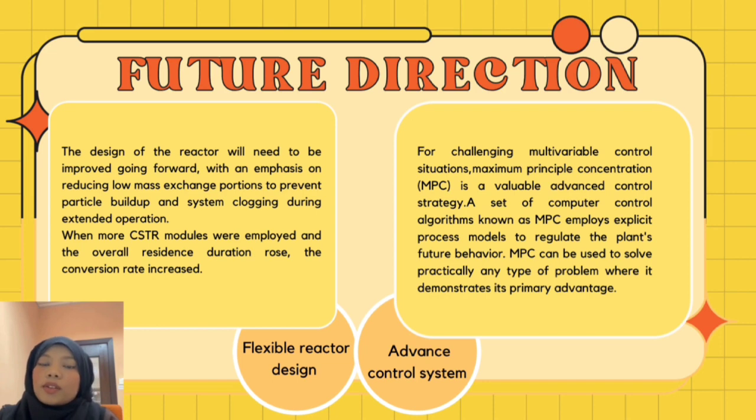Second, advanced control systems. For challenging multivariable control situations, model predictive control (MPC) is a valuable advanced control strategy. A set of computer control algorithms known as MPC employs an explicit process model to regulate the plant's behavior. MPC can be used for nearly any type of issue, but it excels in situations with a high number of manipulated and controlled variables, changing control goals, malfunctioning equipment, and long delay times. Nowadays, MPC and linear model repetitive